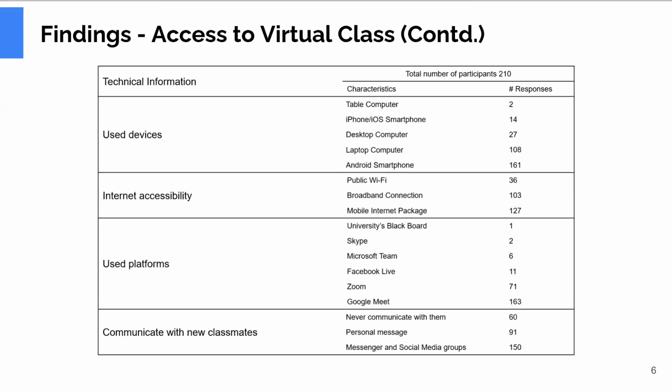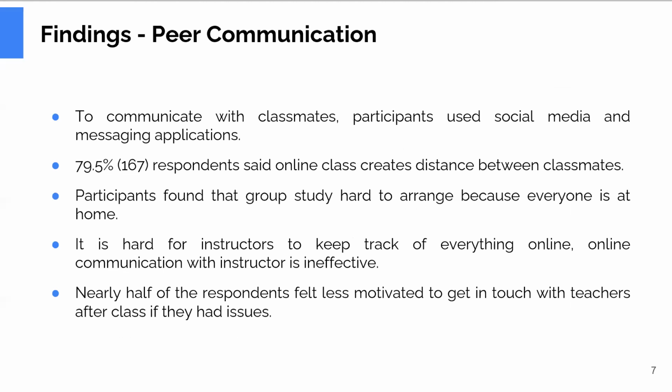And the platform participants used, Google Meet, was used by the majority of participants, and the number is 163. In terms of communication with new classmates, 150 participants said they used Messenger and social media groups. Participants used personal messages, but a significant number of participants, like 60, never communicated with new classmates. And peer communication,